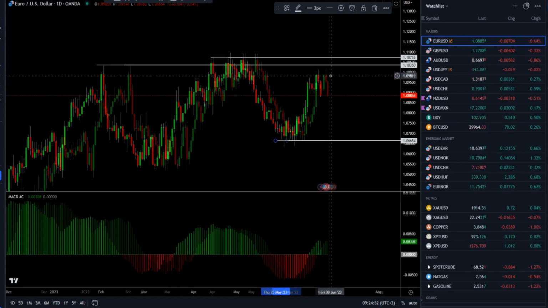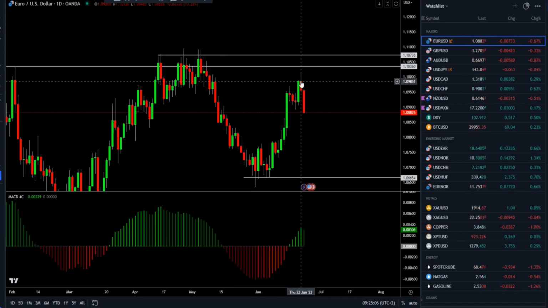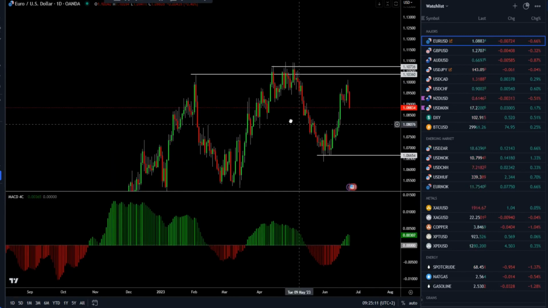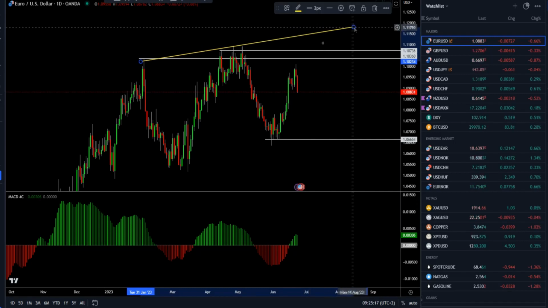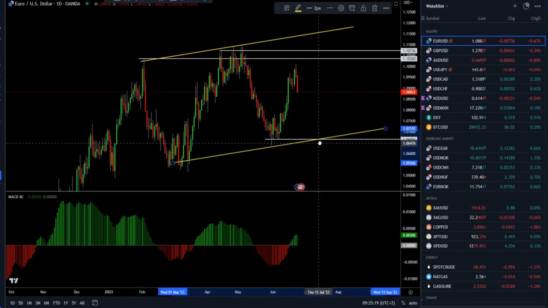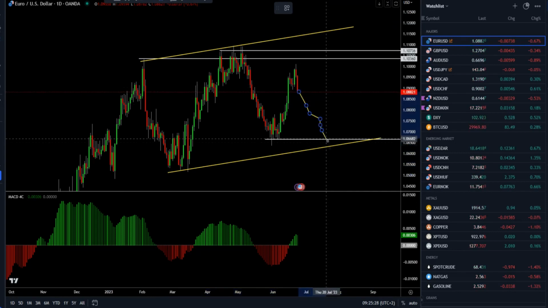So we can see that yesterday the market didn't have the power to go for this test of 1.1040 and 1.1075. It actually had a reversal day, and it closed in the middle of the previous day's range. What we can also see here is that if we project this, there is still a chance overall for the market to make another swing down on the daily time frame, to make an ABC and retest